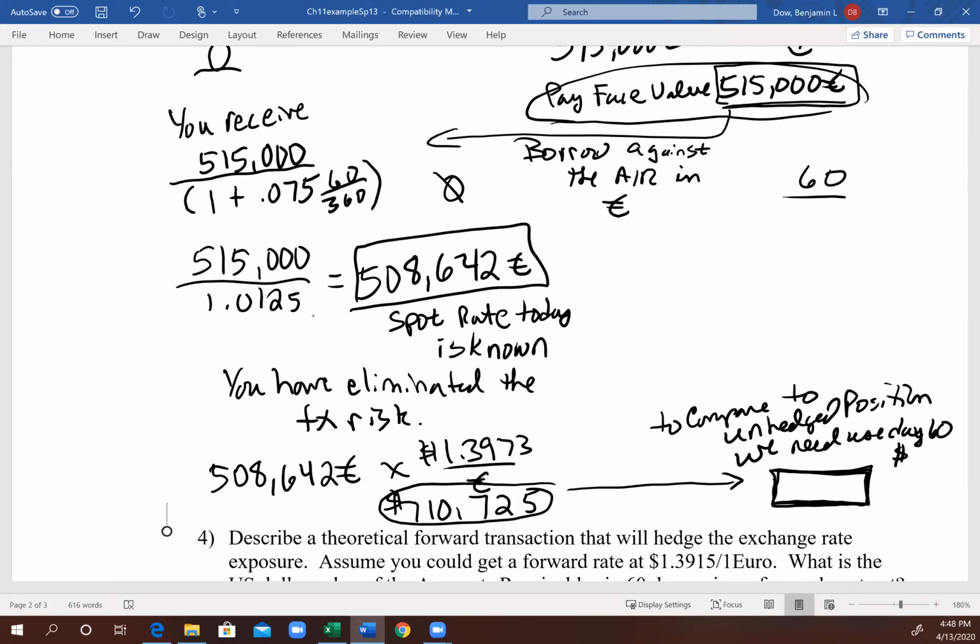And then in order to make an apples to apples comparison, we'll need to invest the US dollars for 60 days using some sort of appropriate dollar denominated interest rate. And what it turns out is if we go back to the problem,